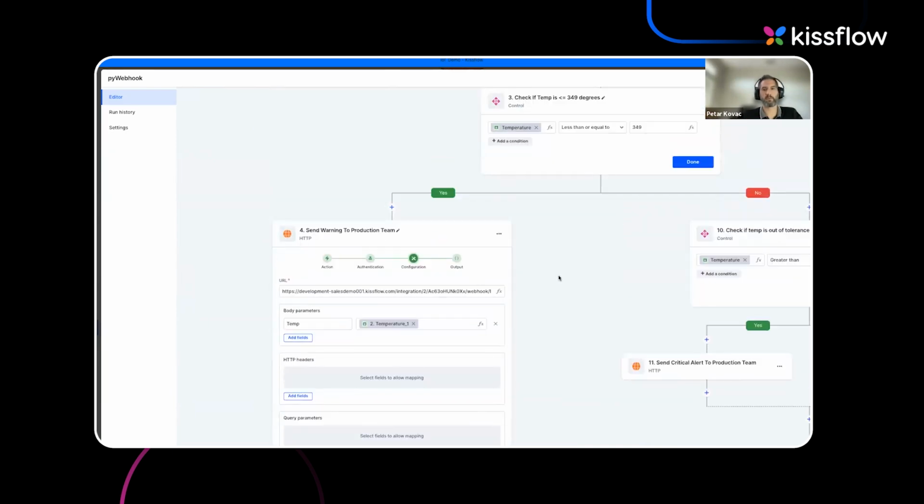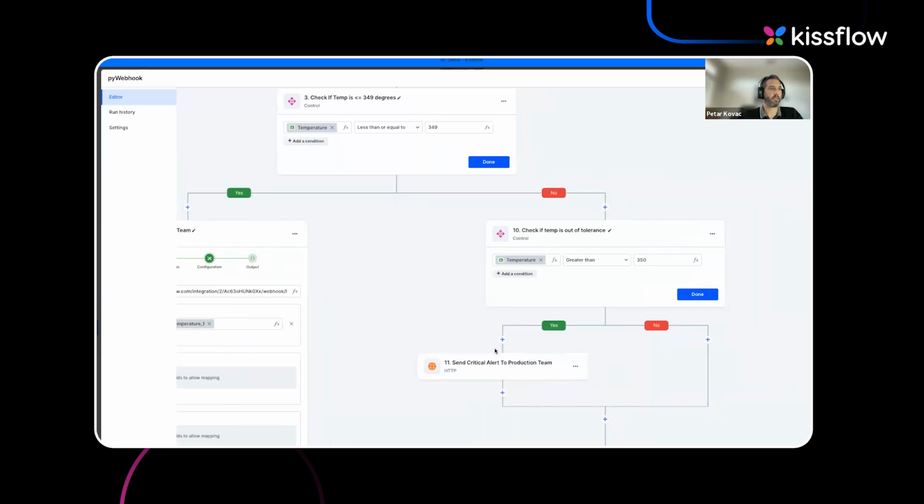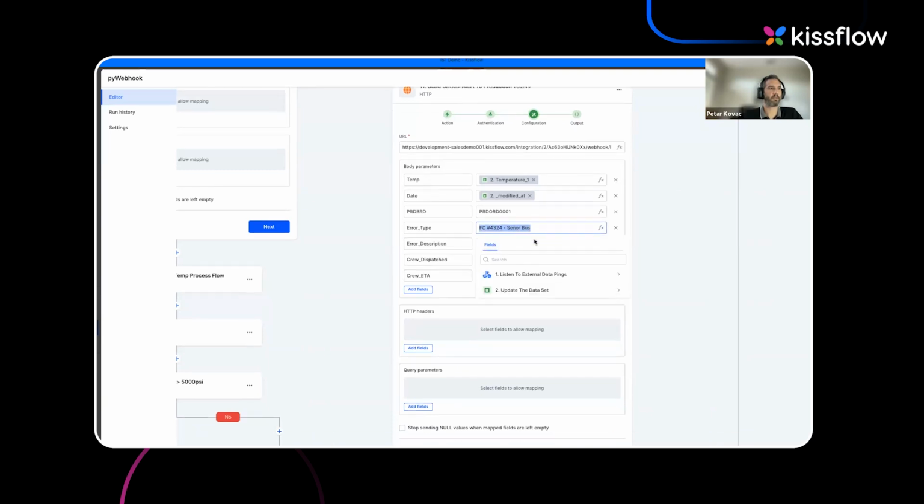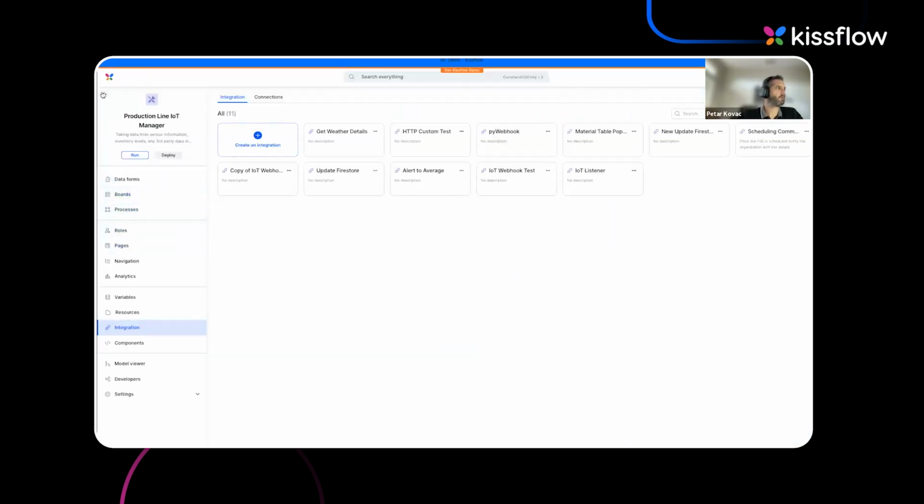So all I'm doing is I'm sending data from one application to another, again, in the same instance, or it could be 2 separate instances. Same thing here. I'm setting this critical alert, and I'm passing all of these variables. Remember what we saw, the error type, the sensor bus? Yep, that's coming from here. All right, so I'm going to X out of this. Now let's go into